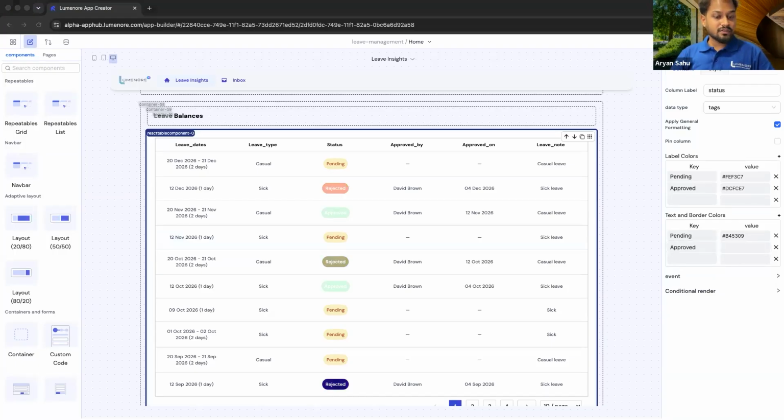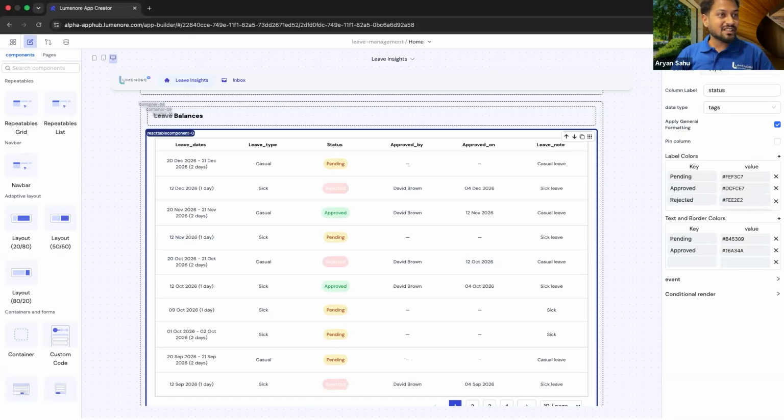And the text color for approved will be this. Beautiful. Now the last thing, which is rejected. We'll go to our clock. I know you guys are waiting for that. So we'll go to our clock and check how much time we have now, because time is running low. But